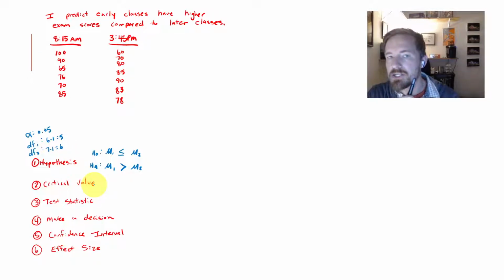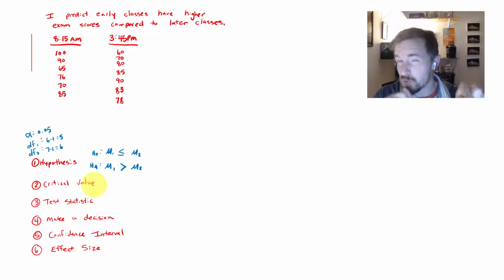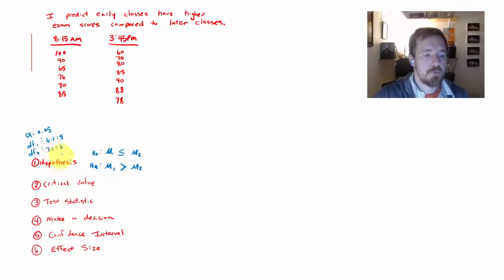Now, one thing I haven't mentioned yet. You see that these two have different sample sizes. The only way you're able to do a t-test on that is if you do independent samples. So another way to double check your work is that if you find that these samples are not equal sizes, you're never going to do a paired samples t-test. You can't do it. So we're doing independent samples here. Alright, so my degrees of freedom is going to be 11, right? Because I'm adding these two up, and that gives me degrees of freedom of 11.